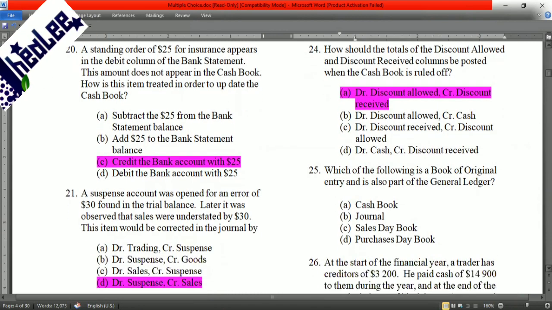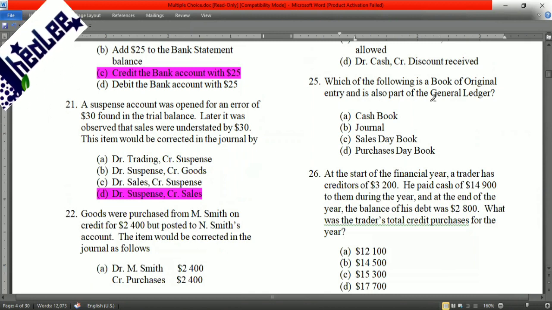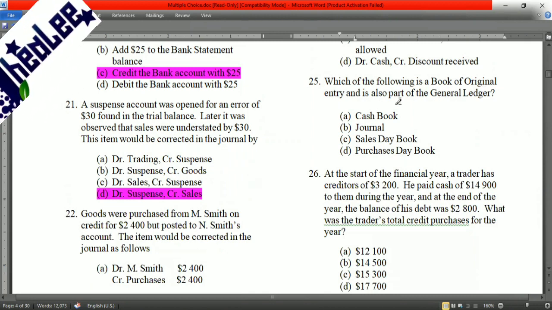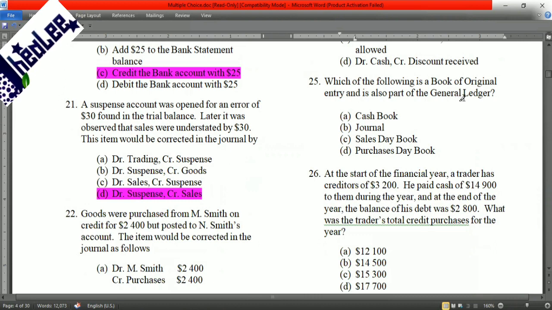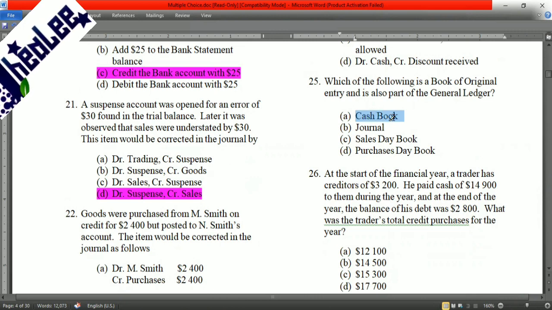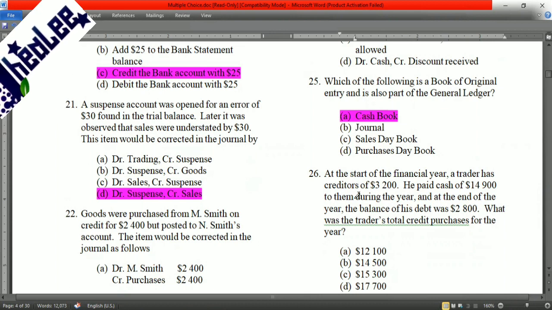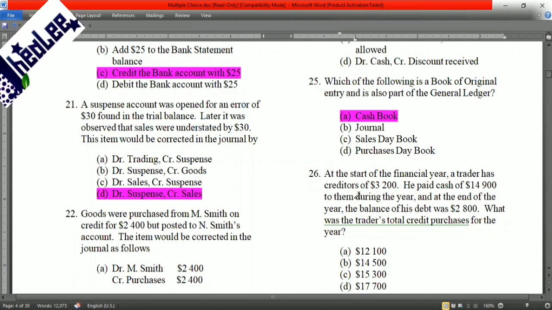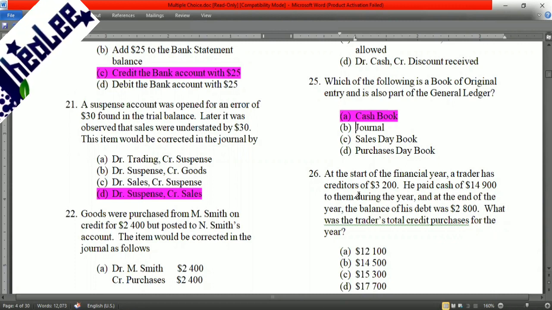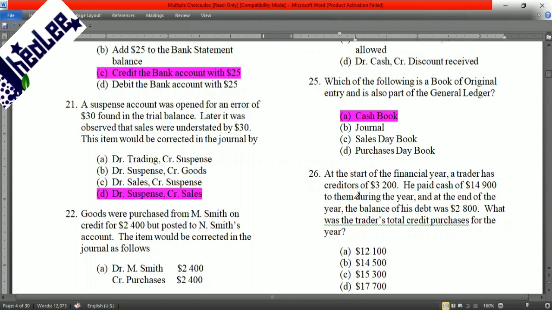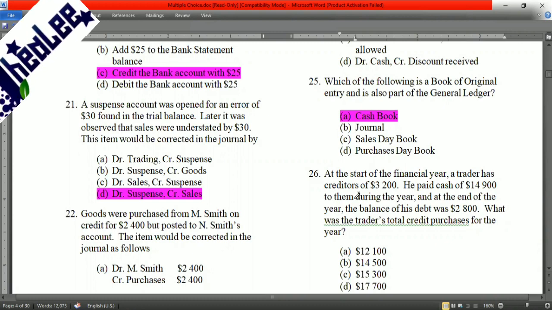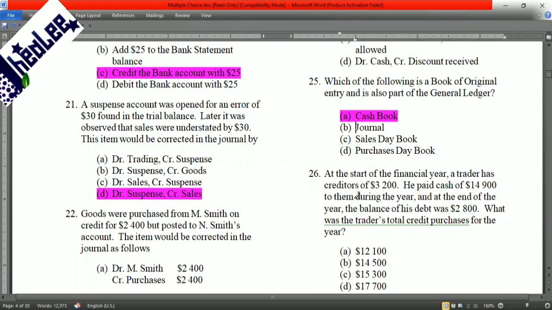And we're going to move into question number 25. Which of the following is a book of original entry and is also part of the general ledger? Now, the response there is A. The cash book is seen as an extension of the ledger. Why? Because you can complete double entry in your cash book. Remember, you have a debit side and a credit side, the receipt side and the payment side. So therefore, double entry is being completed in that book. Because double entry is completed in that book, we can safely say that it is a part of the general